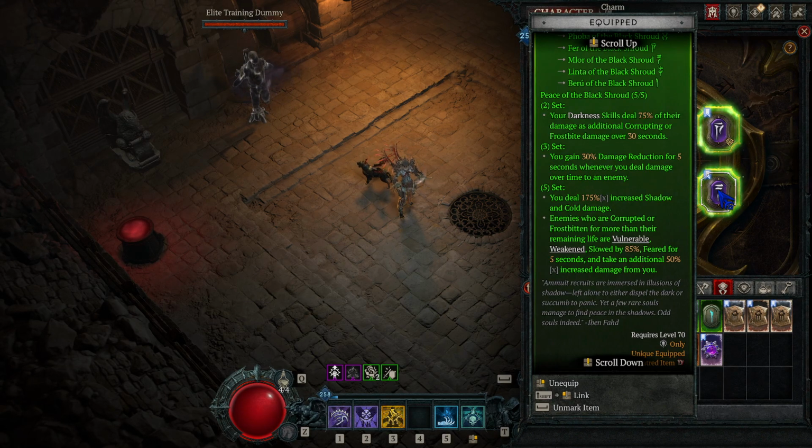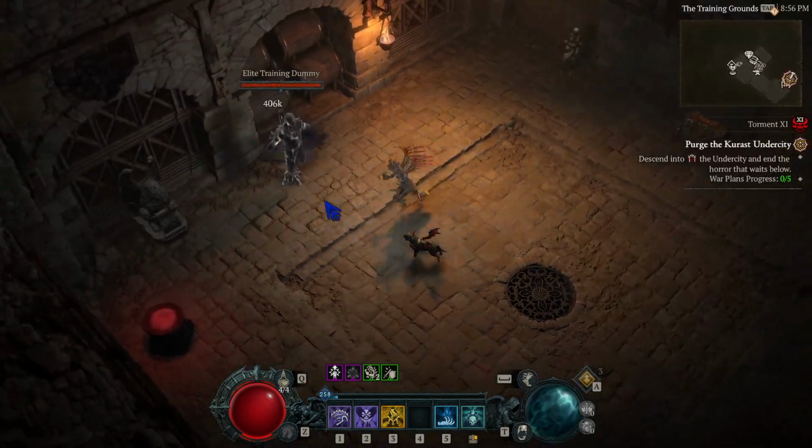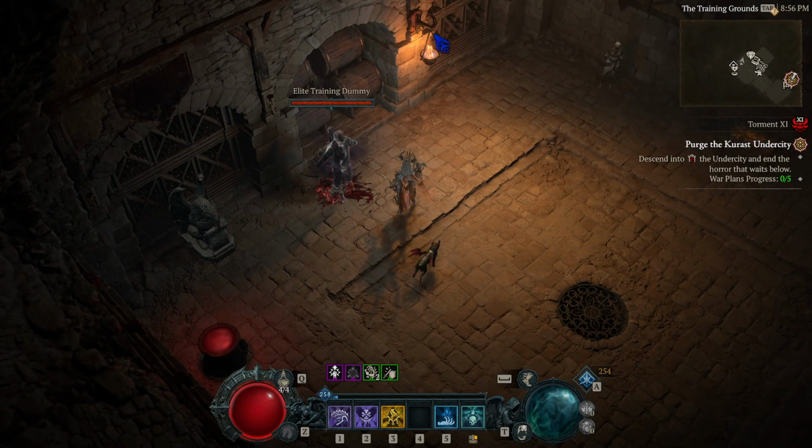Usually when the corruption damage is inflicting the enemy, you will see a shadow, and then this solid red bar is ahead, while there is a blurred red behind. That is the life inflicted with corruption or frostbitten damage. So if that is ahead, they will take an additional 50%, but because we're not doing that much damage,